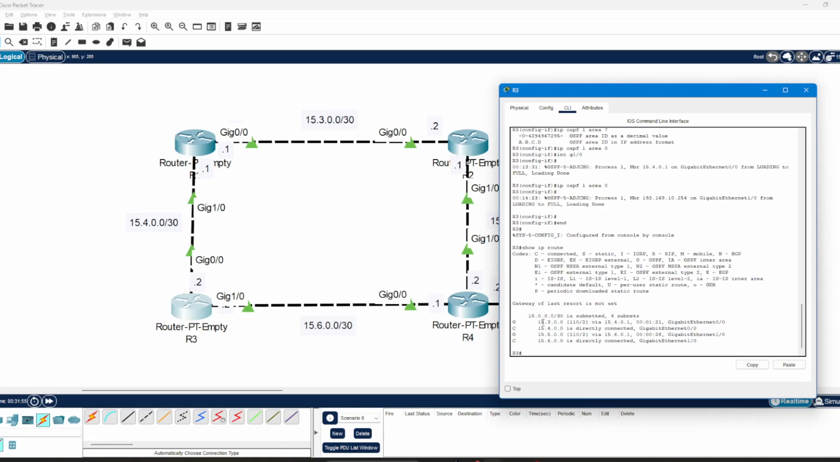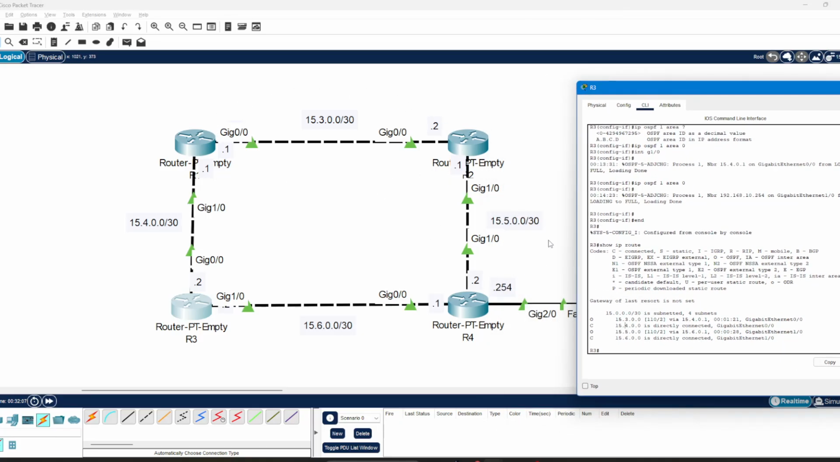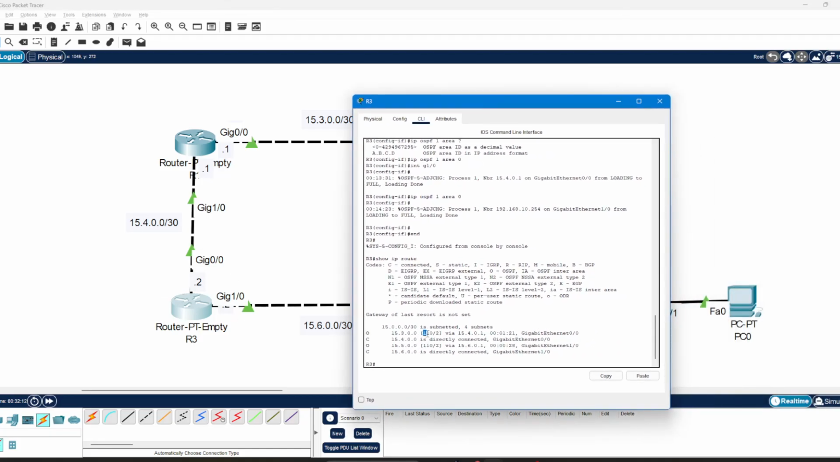So as you can see, we have two paths. We have a path to this network right here, and we have a path to this network right here for router 3. And as you can see, this here is administrator distance. This is the metric right here. This 2 is the metric, and then this is the next hop that we'll take to get to that destination